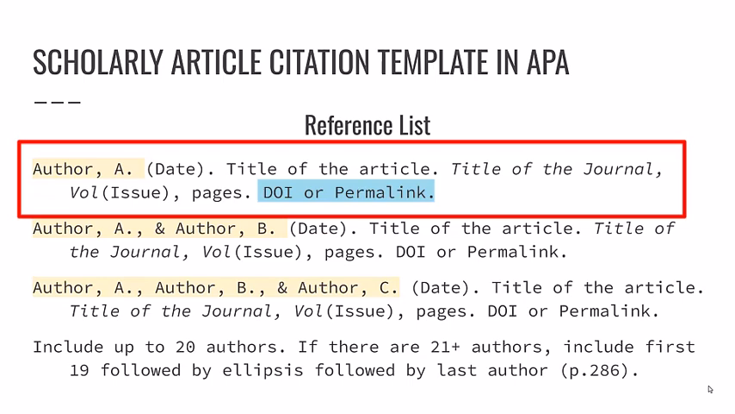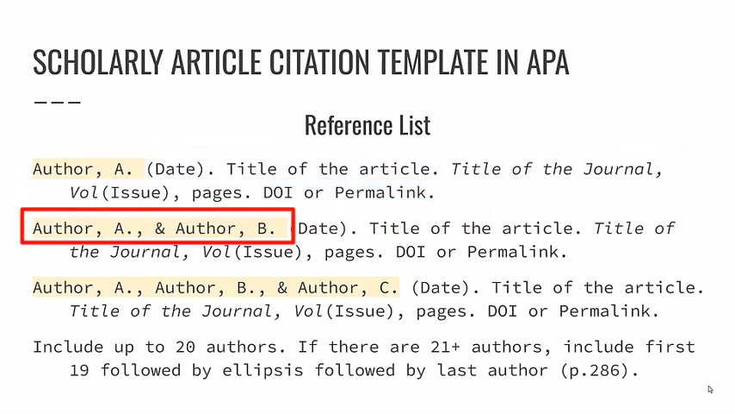For two authors, the only difference will be that you will include the last name of the first author, followed by a comma, followed by the first author's first name initial, followed by a comma, followed by an ampersand, followed by the second author's name, followed by a comma, then followed by the second author's first initial, and followed by